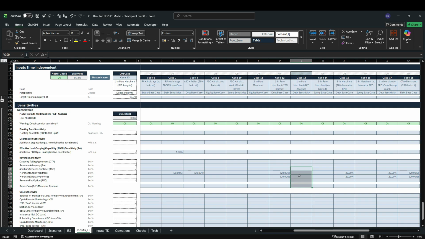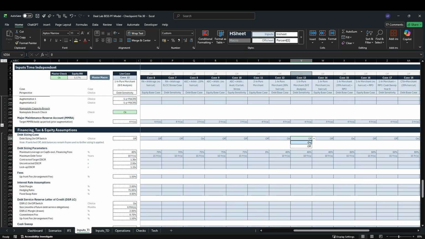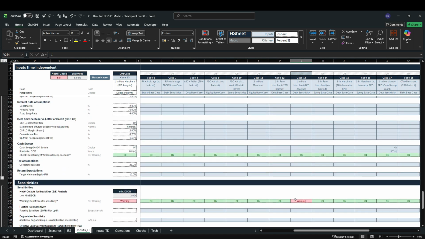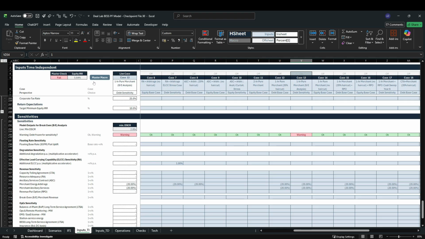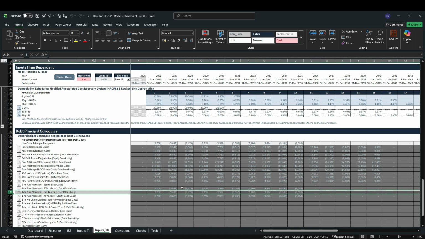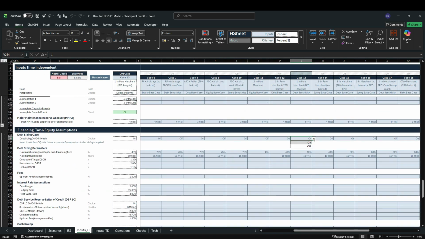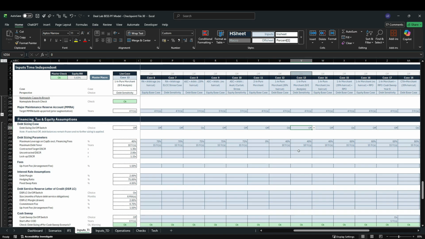So what we could do right here is assume a 20% haircut for both cases, turn our debt sizing on. We'll get a warning because we are in a sensitivity case right here. Execute our master macro. Move to the inputs time dependent sheet, and you will see that the repayment profile now is identical to case 12. Then we move back to case 13, turn our debt sizing off so that our hard codes are picked up